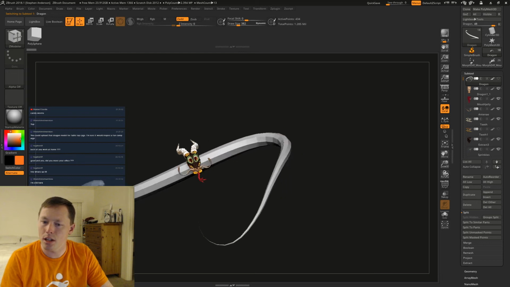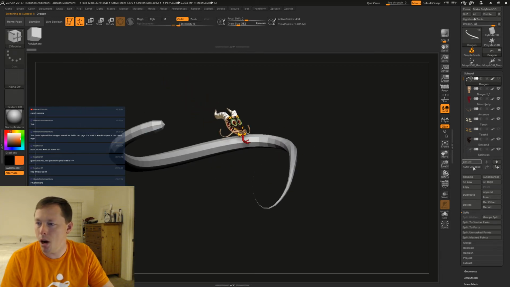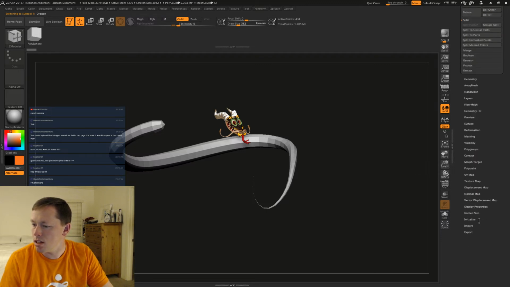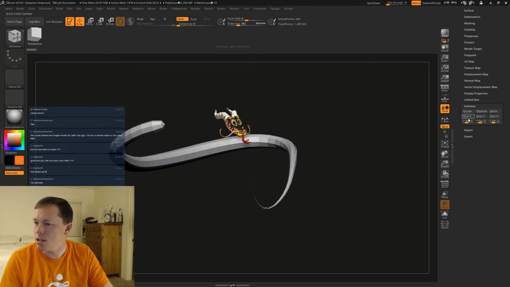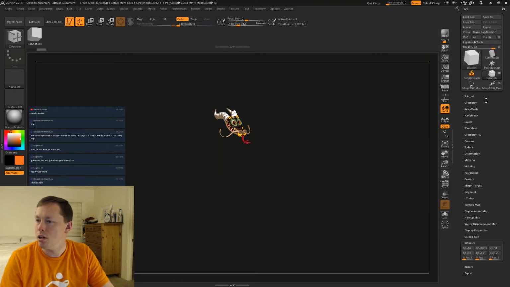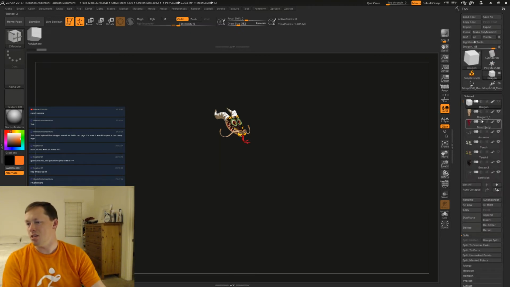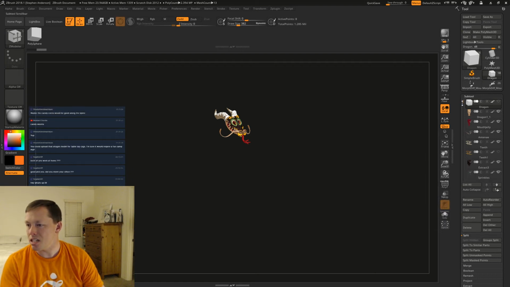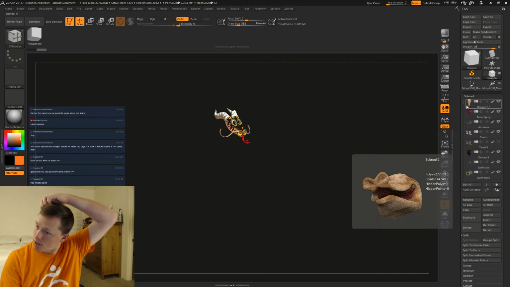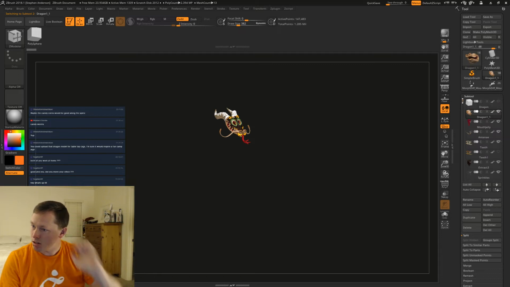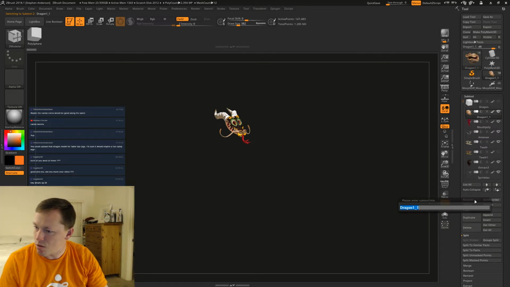Oh, here's the big dragon body. And we'll just say initialize. Just make it a simple cube. This makes it so that it's not holding any space, but it's holding the name of the file. So right now, let's go ahead and rename some stuff.